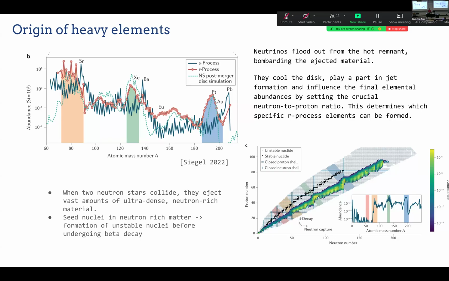It has been said that core collapse supernovae are not sufficient to form very heavy elements in the universe. As an alternative, binary neutron star mergers have been proposed, because instead of the usual process, the proposed process is called r-process nucleosynthesis, or rapid neutron capture. What happens here is essentially you need some seed nuclei in an environment which is very